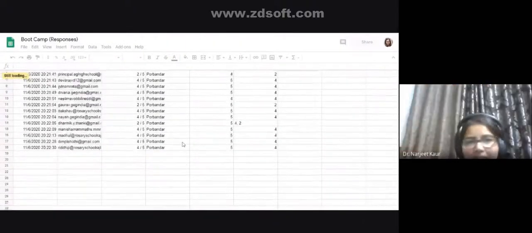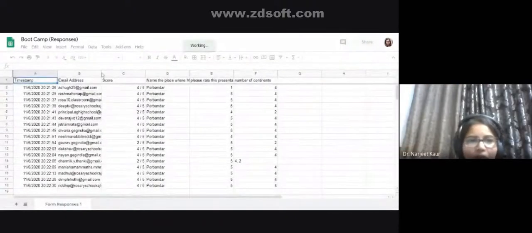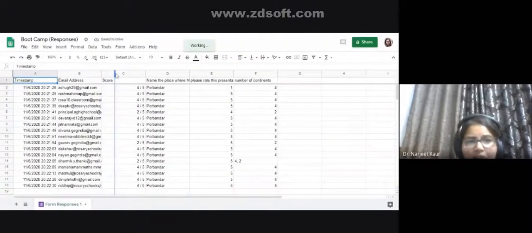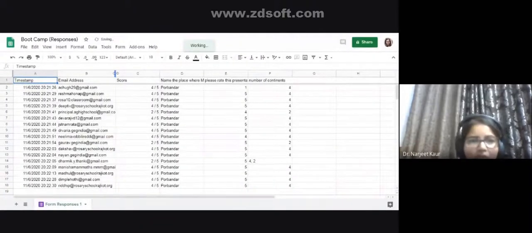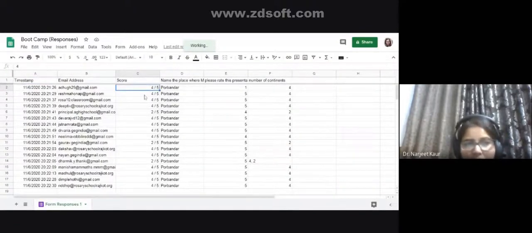So this is where your responses are recorded on the spreadsheet. Now see, it is auto graded. Because it was auto graded, it is showing you the scores that each person has received. It is a brilliant thing for any teacher, who wouldn't have to check much. Google is such a blessing for us when it is going to auto grade our objective tests. So from here, that was all from me.